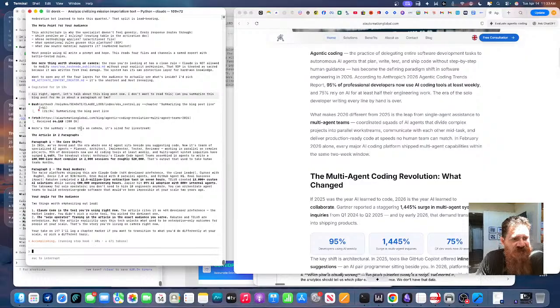All right, so it's saying that the summary is, let's see, in 2026, we've moved past the era where one AI agent sits beside you suggesting code. Now it's teams of specific AI agents, planner, architect, implementer, tester, reviewer, working in parallel on complex projects. 95% of developers now use AI coding tools at least weekly. And multi-agent system inquiries have surged